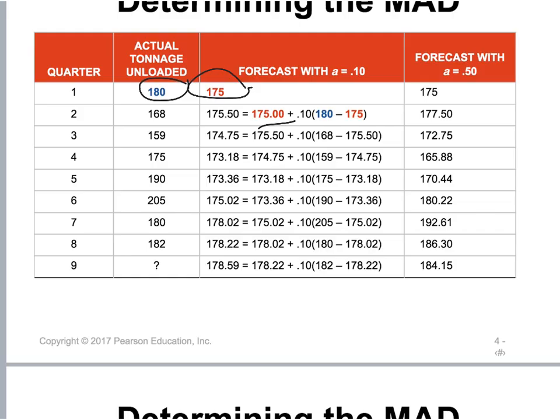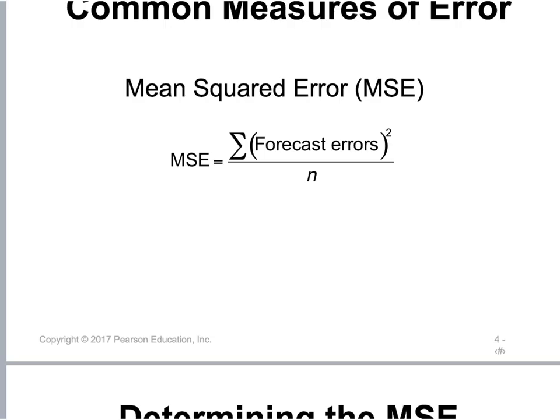Then in the next period, you forecast 177.5, and your actual comes in at 168. So it would be 177.5 minus 168, and that's your error. The MAD, as we mentioned,